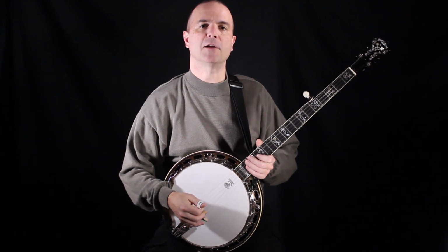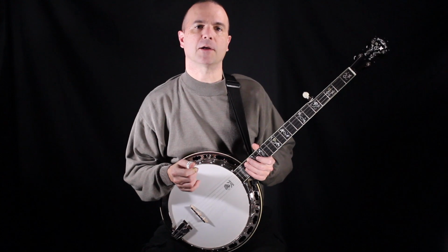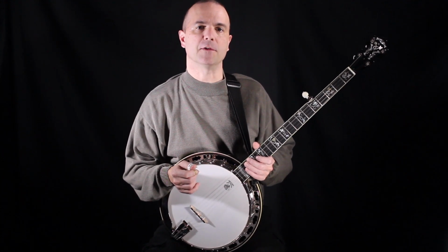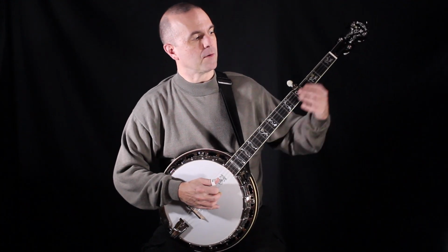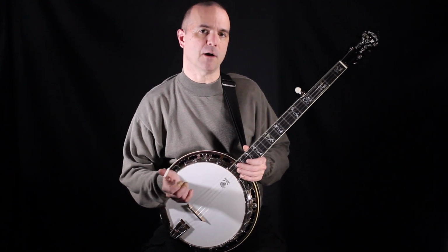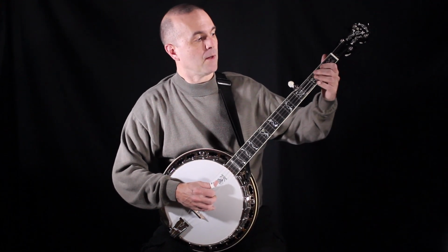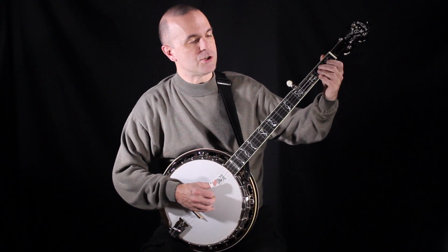So the second of the big four are folded scales. That's where we're taking the 7 notes that make up the major scale, in this case a G scale, and putting them in a pattern. This repeating pattern is what we call a folded scale, that's F-O-L-D-E-D. If I play the open G scale,